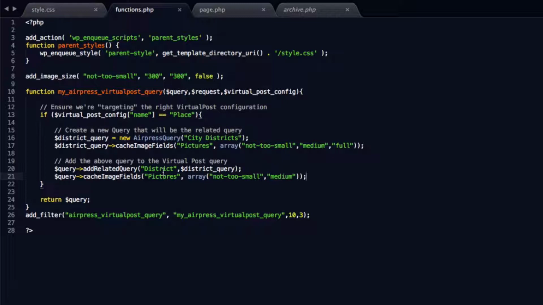So we add the related query to the district field in our virtual post query, and then we also specify we're going to cache the pictures field for the restaurants as well in those two sizes, and then we're going to return the query. Obviously very important for a filter to return what was passed in,